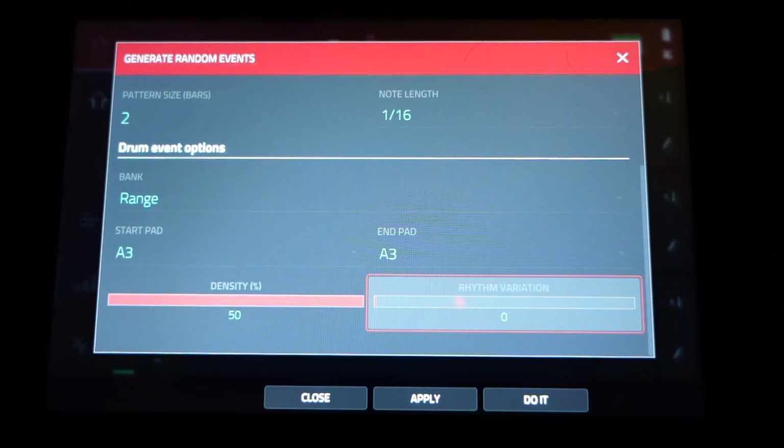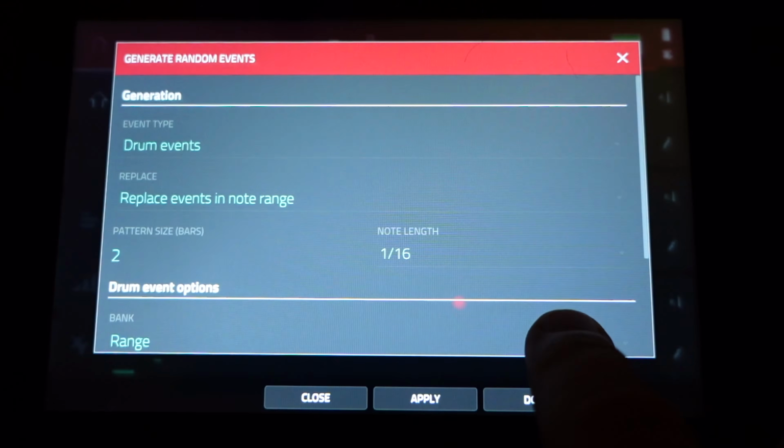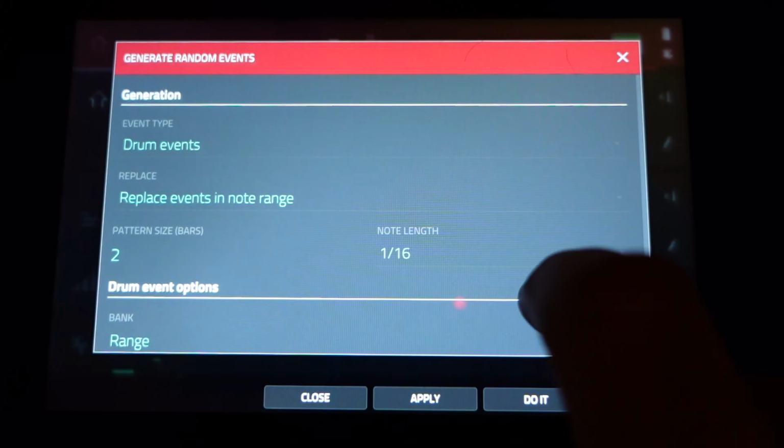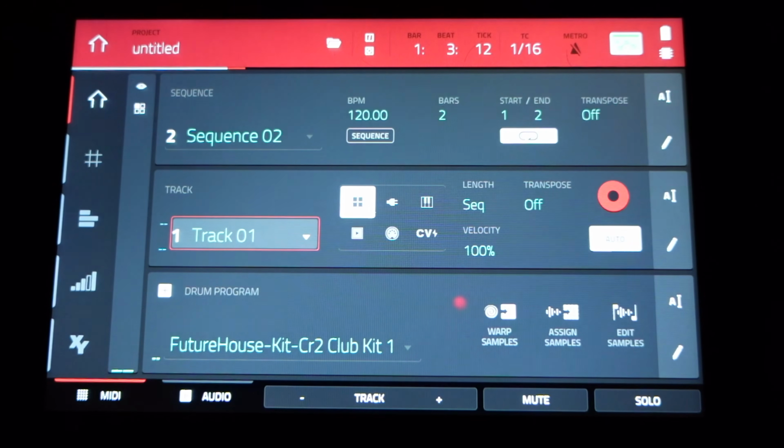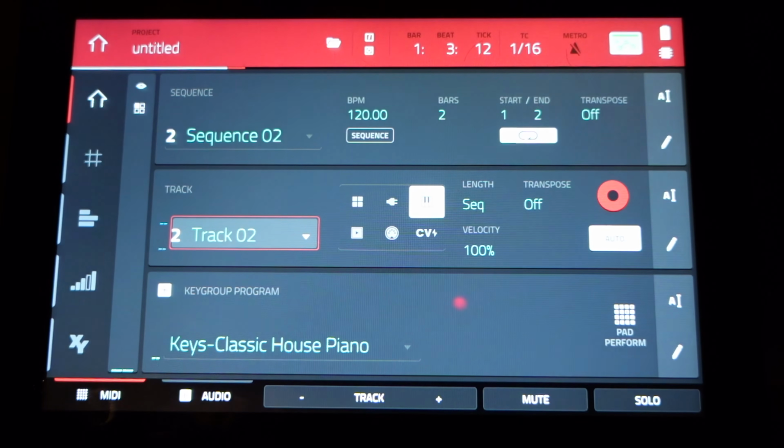As you can see, every time I hit apply, it is creating a new pattern. And since up here we have it under replace events in note range, it's going to replace the current pattern that I have. So now if we switch over to track number 2, which has a basic piano on it,